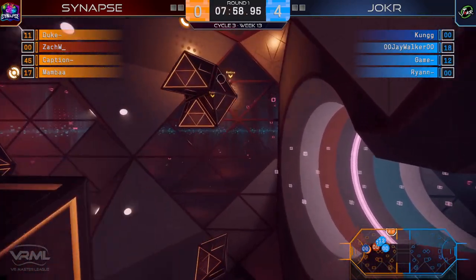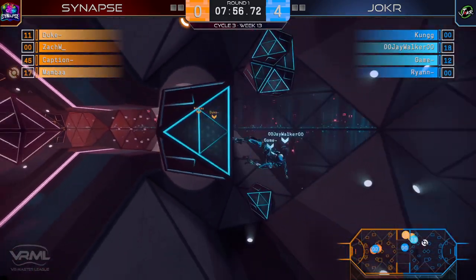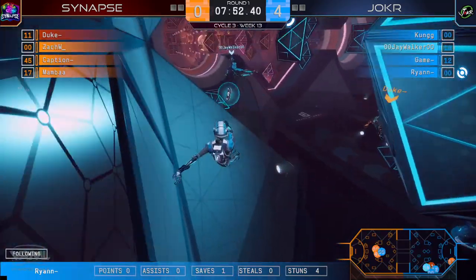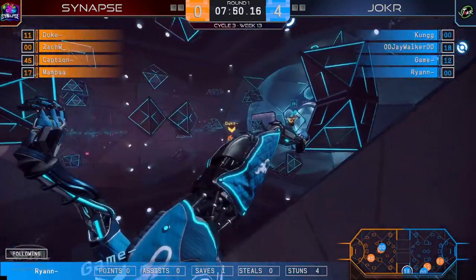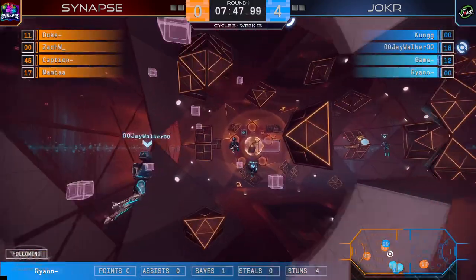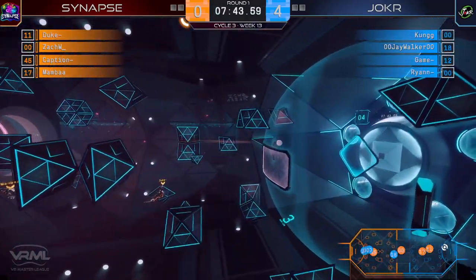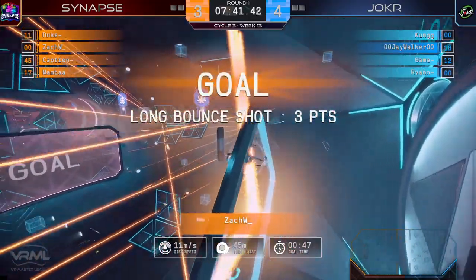A slap out there, it's going to be picked up by Mamba. Mamba's going to get the clear out. Maybe an opportunity here for Synapse. Yeah, maybe. I mean, they're boosting there, trying to gather, but Duke was there in a tall tree of defense as Jokr getting him the offense, well, almost, but instead picked off, and that's another clear, and that's another goal,